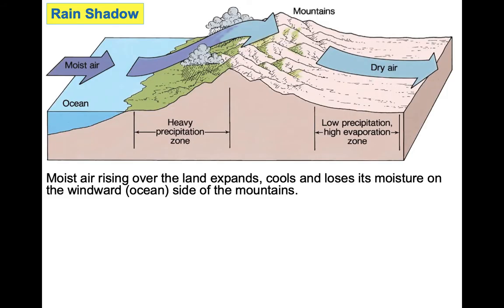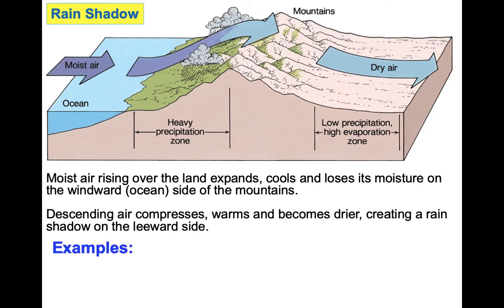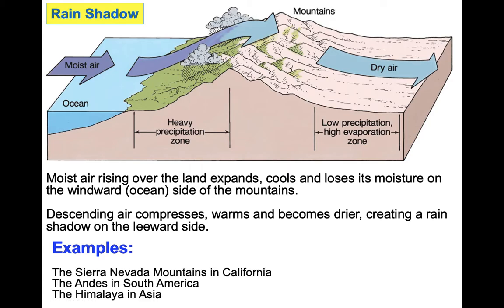The last thing I want to talk about is the rain shadow. We talked about this already when we talked about the jet streams. And so rain shadow is basically an artifact of significant topographic changes facing the oceans and continental shorelines. You're looking at, for example, the Andes or the Sierra Nevada mountains or the Cascades as good examples of rain shadow. The moist air coming from the ocean starts climbing over the mountains,